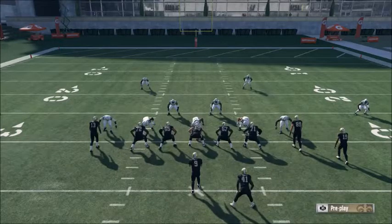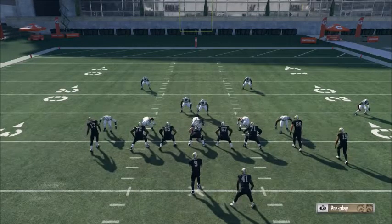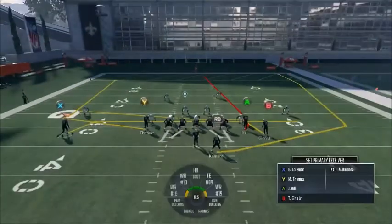But once we start adding on to it, we're motioning X over, and he's on some deep post route, and they're going to be like, what the heck, and then you've got A on the drag. They're like, all right, I don't even know anymore. These route combos are crazy. But again, this is the start. So we're going to motion X over,